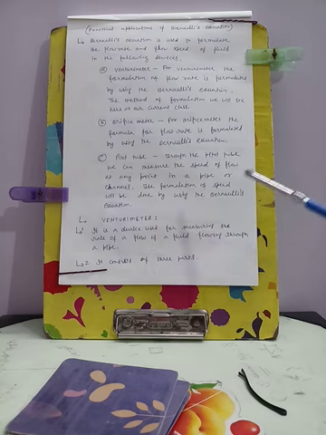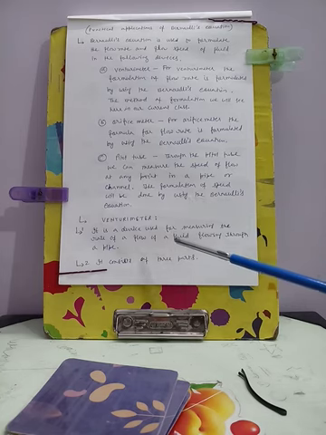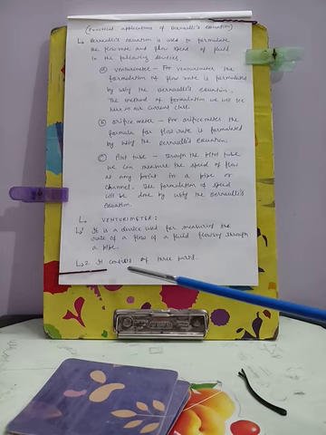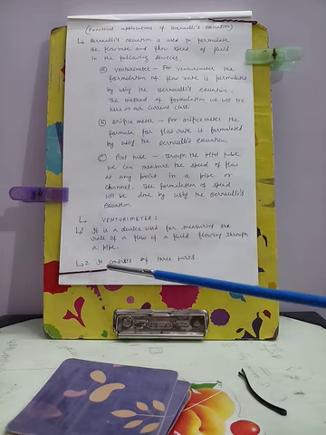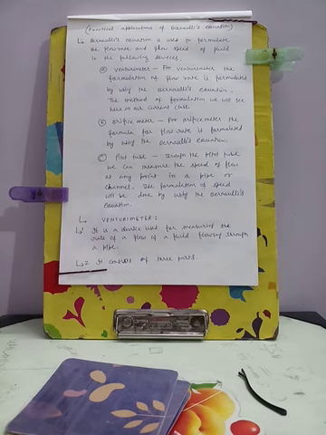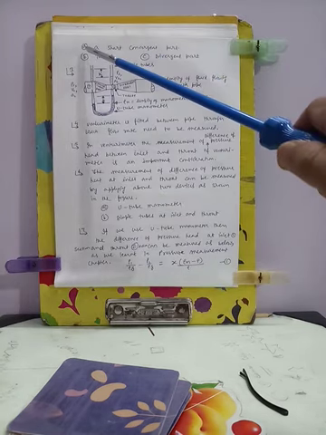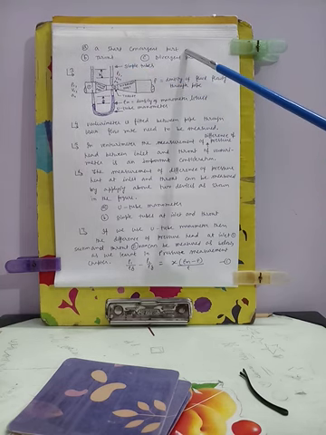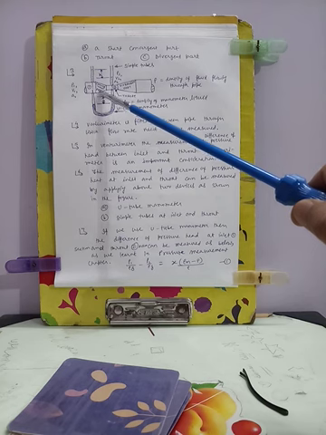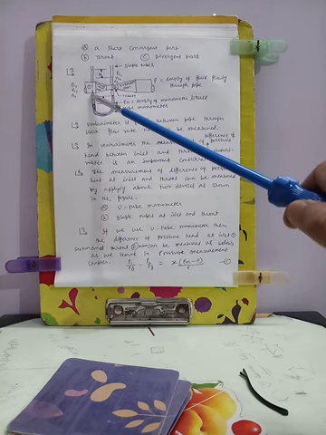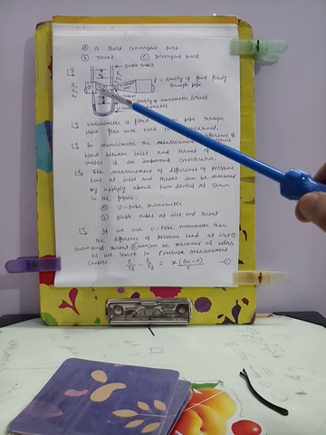It can't be used in an open channel or any other source of flow. It is used for a pipe. It is a very simple device. It consists of three parts. Those three parts are: number one is the short convergent part. This is the convergent part. Convergent means the angle is reducing. It is conical with a reducing angle.